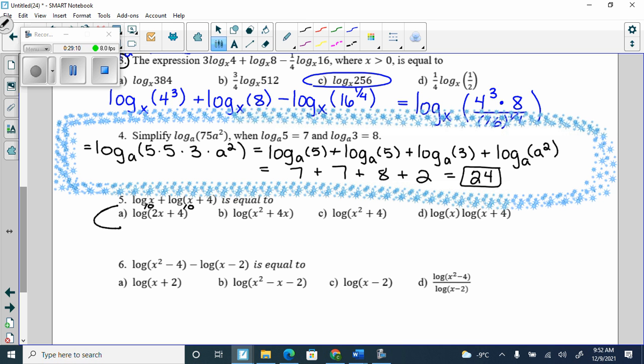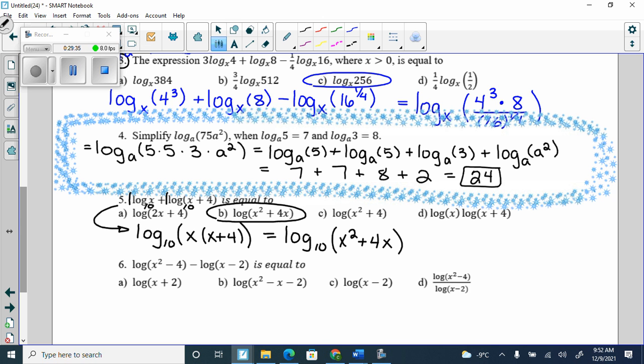So I'm going to get log base 10. And now this one has a plus 1 in front, so x goes in my numerator. This one has a plus 1 in front, so x plus 4 also goes in my numerator. And when there's two things in my numerator, they get multiplied. So I'm going to get log base 10 of x squared plus 4x,